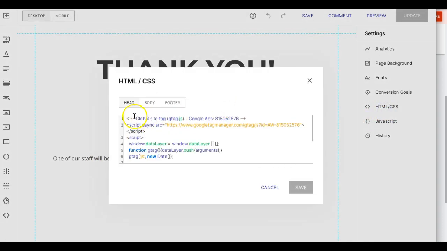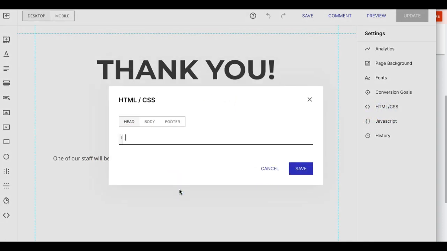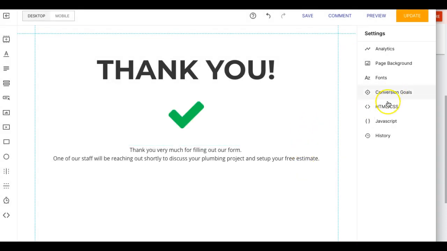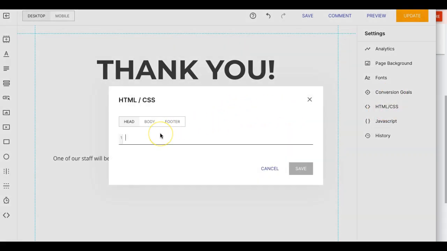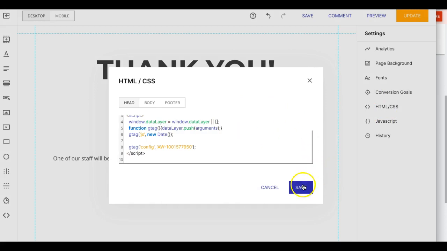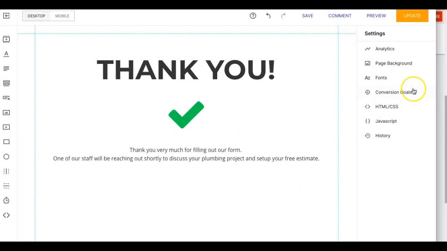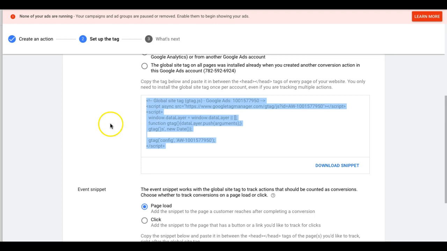So then we will come here. Let me delete this because it's old. So we would come here into HTML. We're going to paste our global site tag just like we did on the home page. Save. Now we're going to come back into our